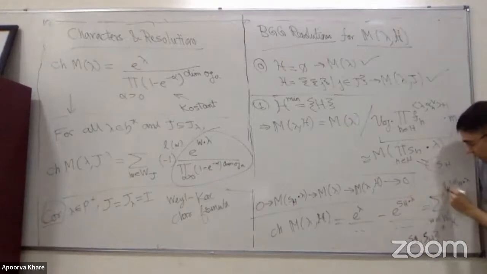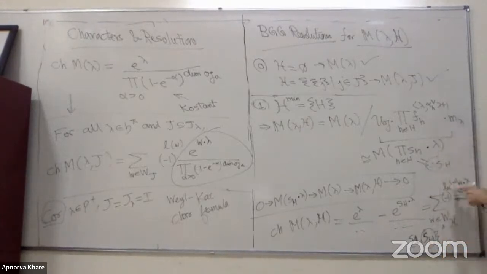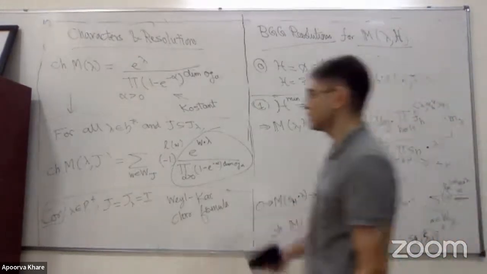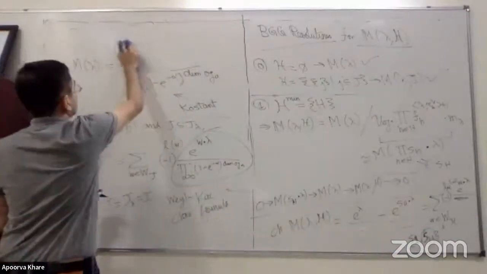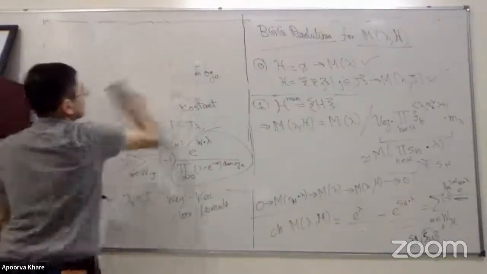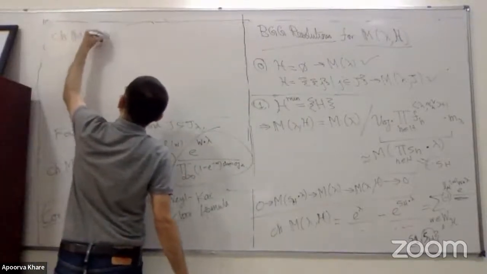So I have to put a minus 1 raised to the length in this group. So think of this as a Coxeter generator, and the length with respect to this is 1, regardless of the usual Coxeter length of this, which is the number of simple reflections, which is the size of H. I don't put the size of H here, I put this. And so that's what I'm saying here. So the character M lambda comma, in this case, the character